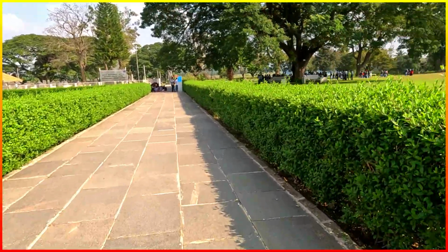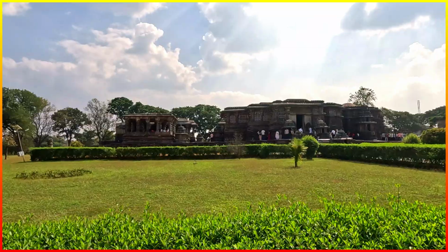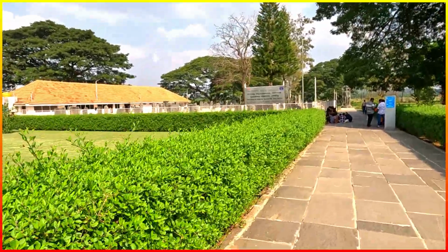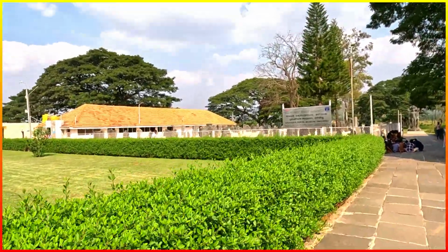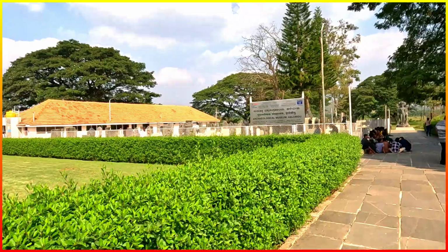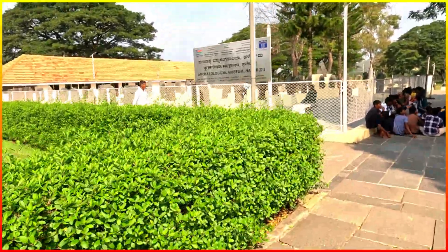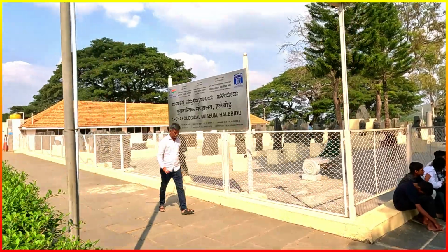Once you exit from the temples after covering them, you visit the Archaeological Museum of Halebidu, which is right at the corner of the Hoysala Temple complex. For the normal fee of 20 rupees, you can walk these quiet corridors tracing the story of a dynasty immortalized in